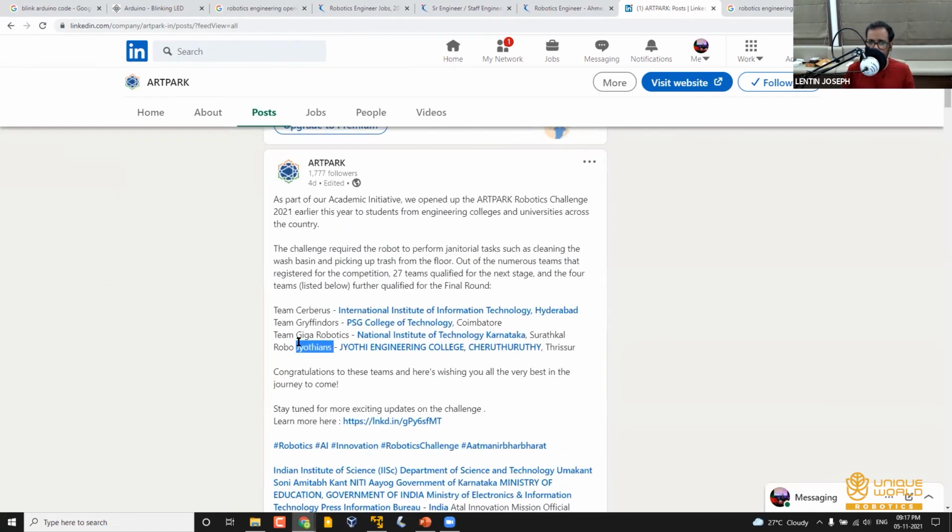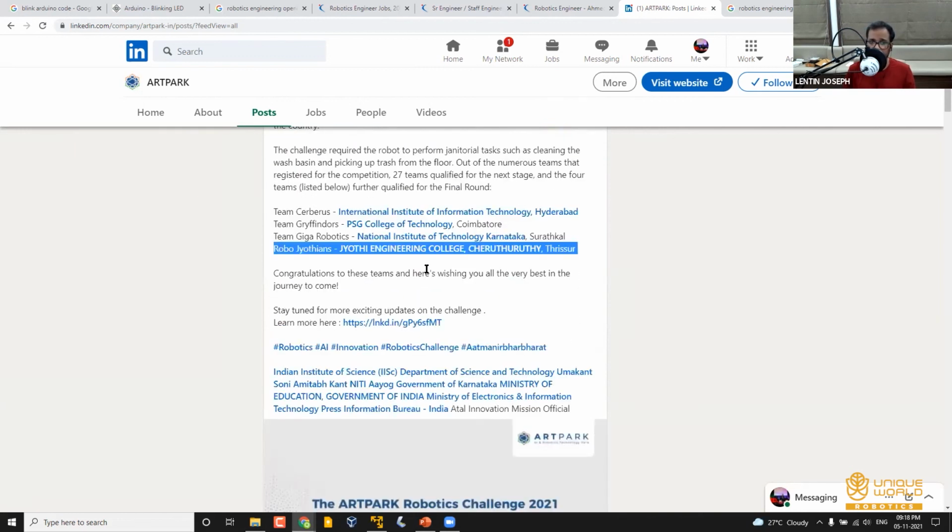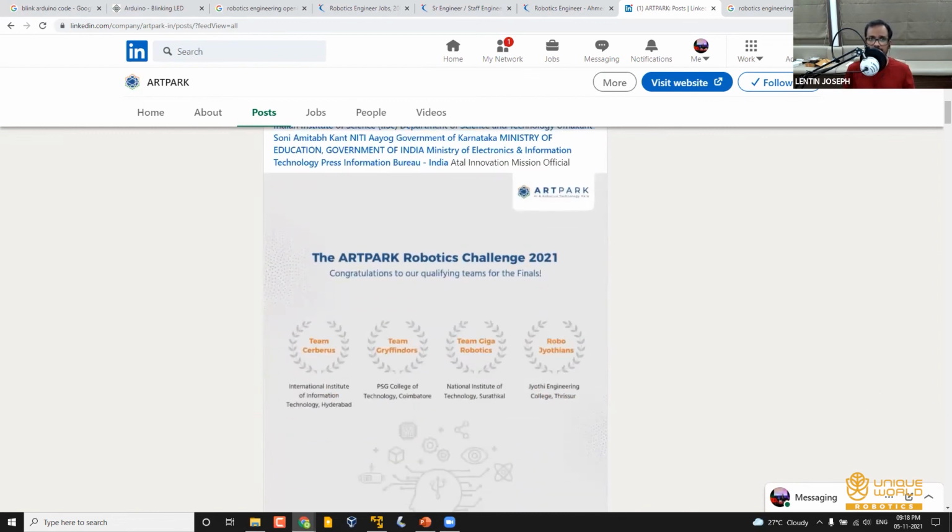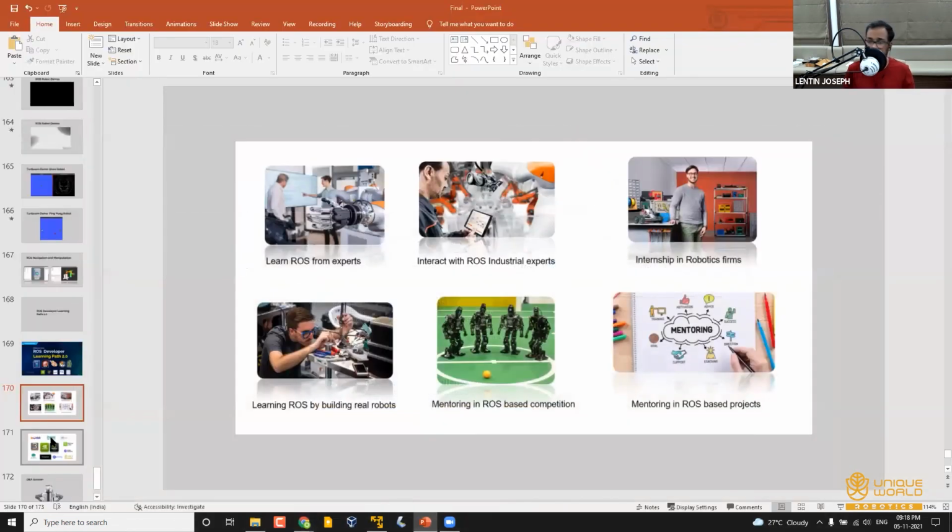Robo Jodians is one of the teams from Kerala. I'm just guiding them, and they are in the finals now. The final prize for winners is, I think, 10 lakh Indian rupees, and finalists will get 4 lakh. So these are the things that I'm planning. This is my side project actually.